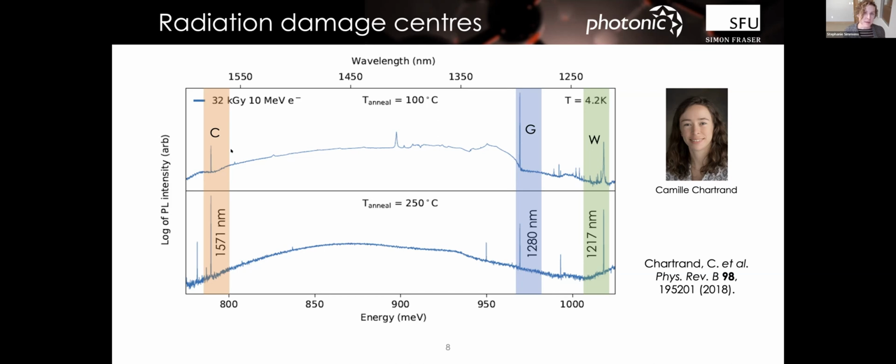Now, to jump to the conclusion, these centers don't have an unpaired ground state electron spin. So there's no direct electron spin to photon interface here, but there might be some indirect ones that I know a number of groups are trying to look for. But what we did is we took a look at the next one.